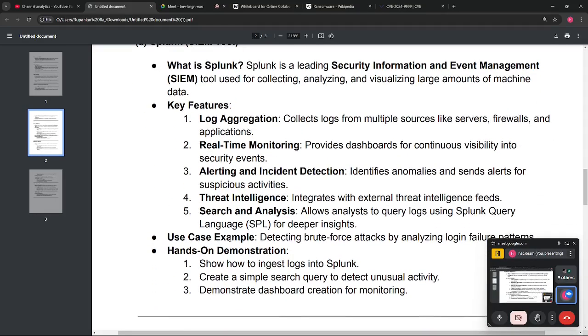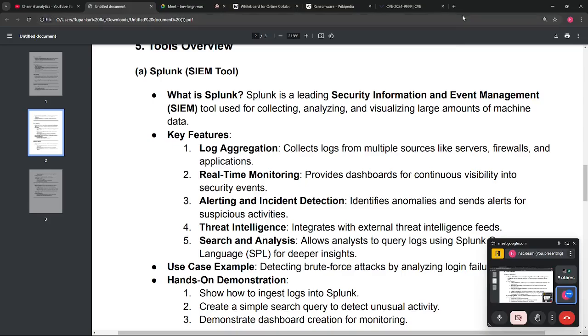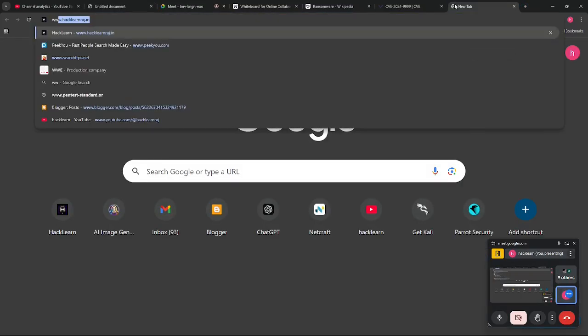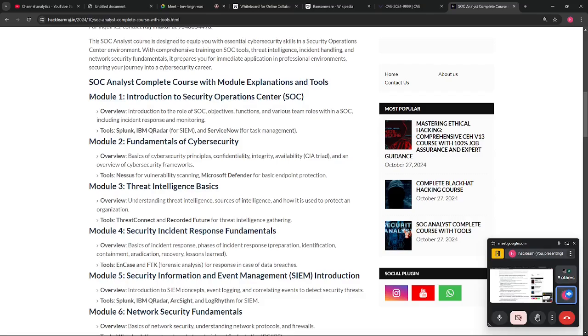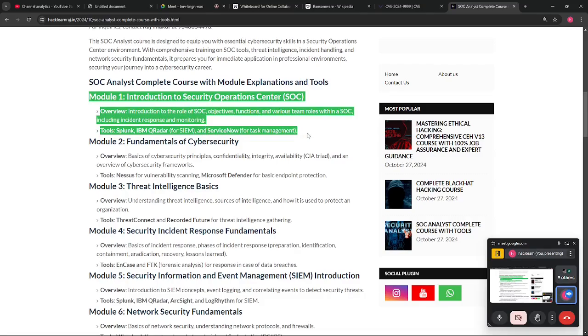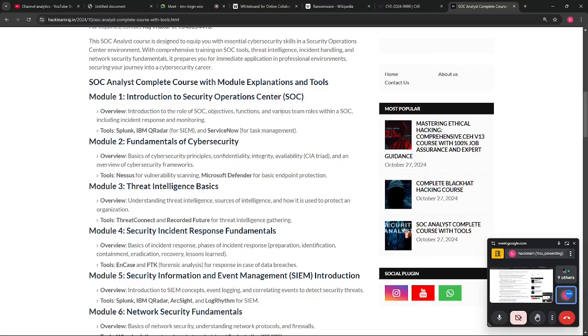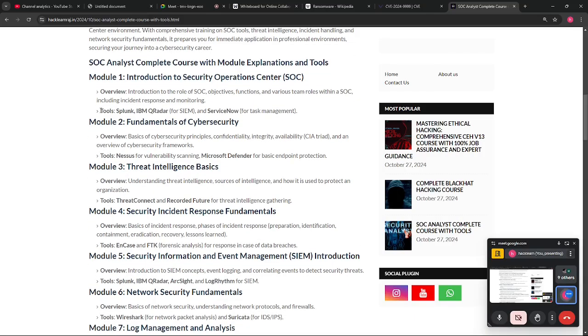So we have a few very important tools. Let me check the syllabus once again. We are on the module here today. Before this, I provided you a few basic things to get familiar with malware and viruses and how they work. And after that, we are here. We have learned all these roles and responsibilities, the various teams within the SOC, and a few tools we need to learn. The first tool is Splunk.